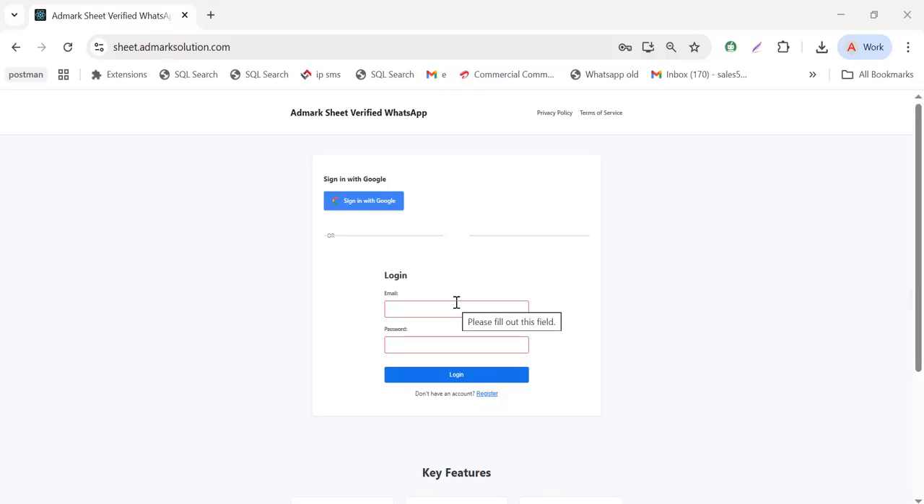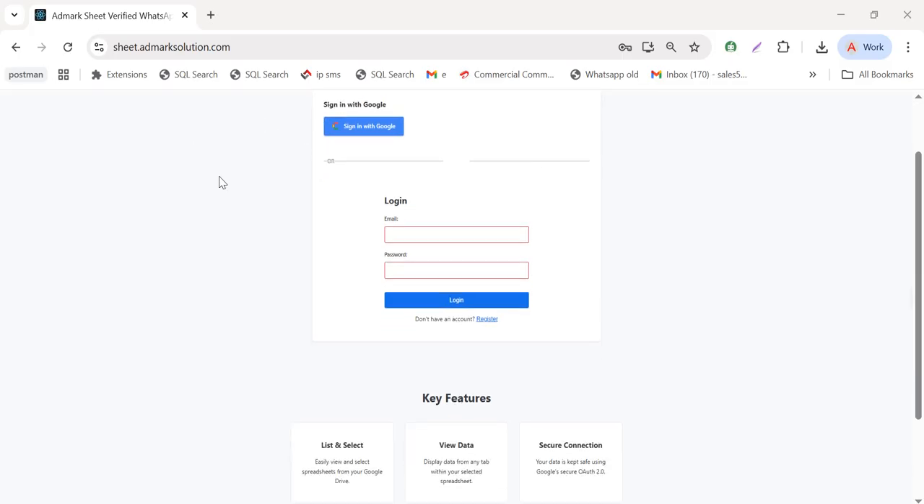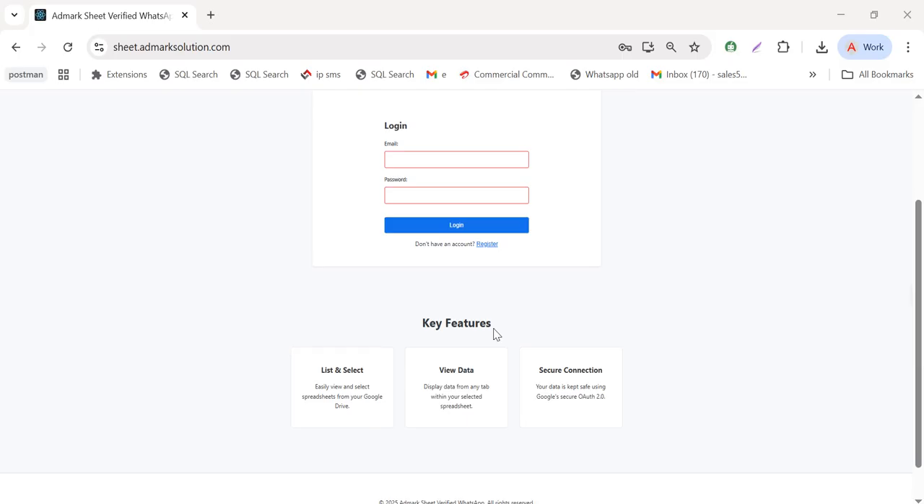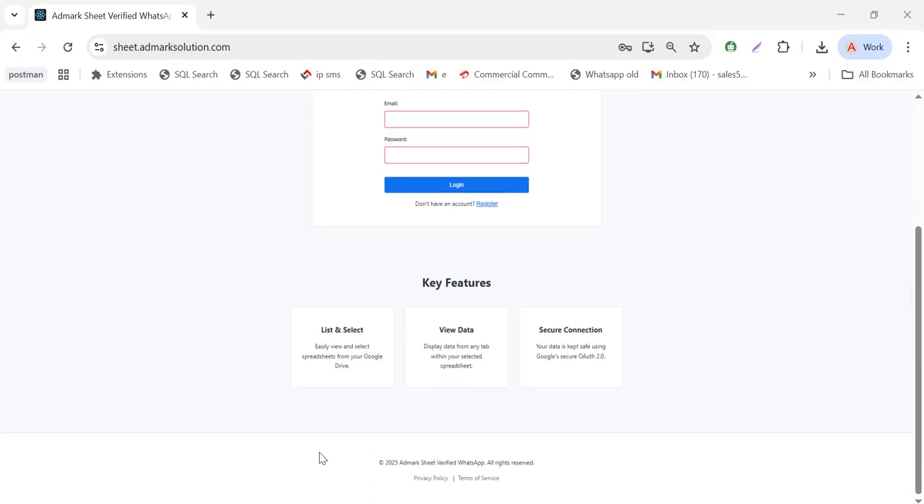So this is our panel for checking a Google Sheet using Google Picker. So first, this is our page. This is the privacy policy and terms of service pages. This is sign in with Google as well as the login or register option. This is our key features and